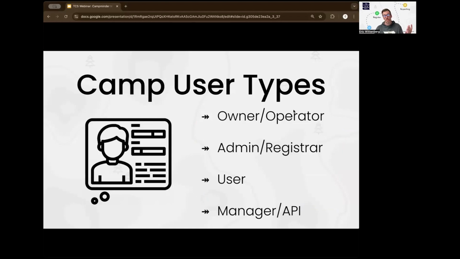So the owner operator person often is the person that signs the contract for the Campminder contract and terms and all of that, but they are not often the admin registrar that actually lives inside Campminder and controls line items. And a user is more like a program director person that might be leveraging Campminder. And then sometimes there's a manager API person. I was talking to one camp recently that has a ropes, outdoor adventure person that happens to be an IT person and build APIs for people. Right, Josh says,